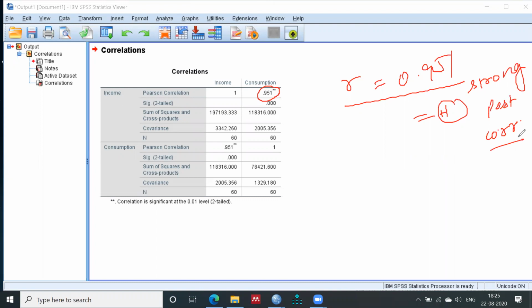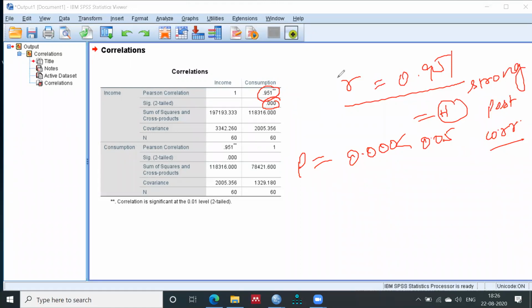This is the first thing that we check, and we generally check with the p value. The p value concept is also here. The p value is 0.000, which is less than 0.05. So my values are significant. This is the one thing.